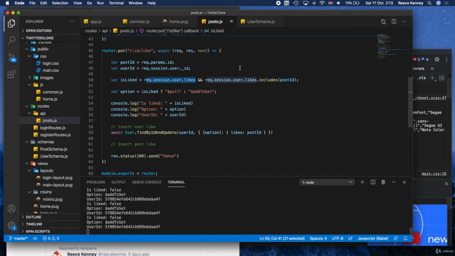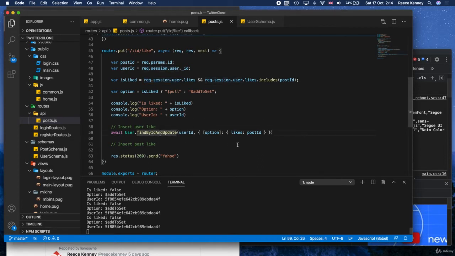So next time round, when we came here and we checked the user, it doesn't have the like because we never saved it to there. So it thinks we need to add the like again. So to fix this, all we need to do is update the user that's stored in the session object to reflect the fact that they have now liked it.